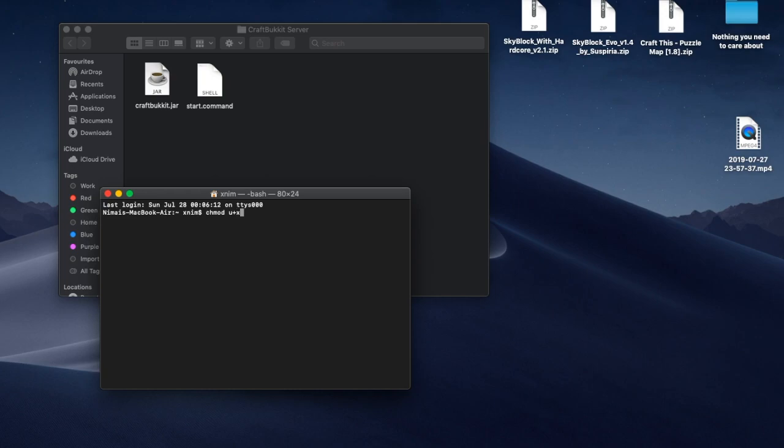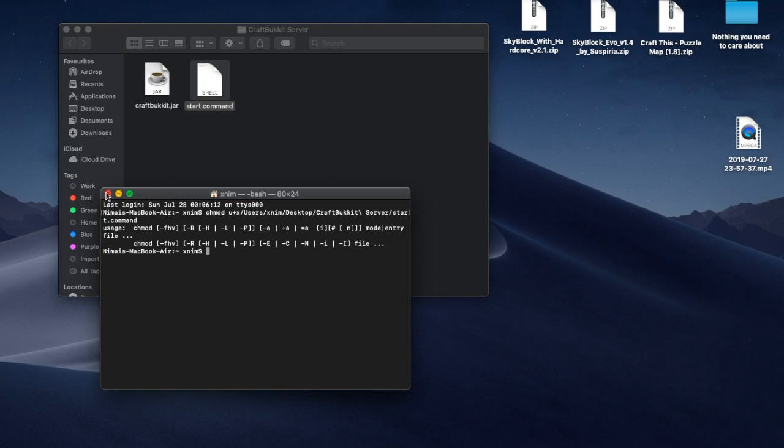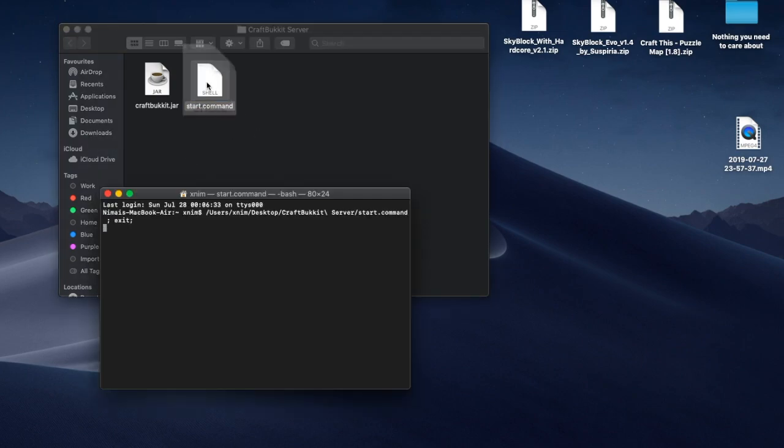So, and then you're going to want to press, then drag the start.command file, not press anything after the X, and drag the start.command file into the terminal and then press enter. Now, hopefully this should work where if I press start.command,